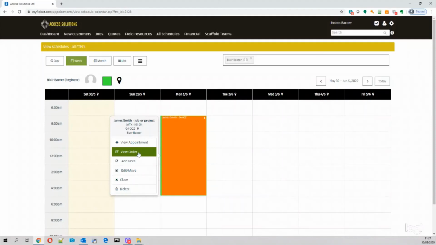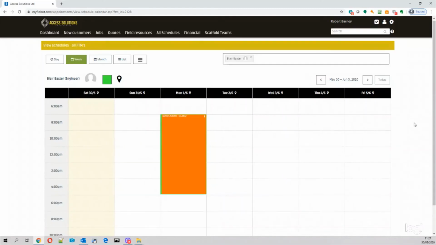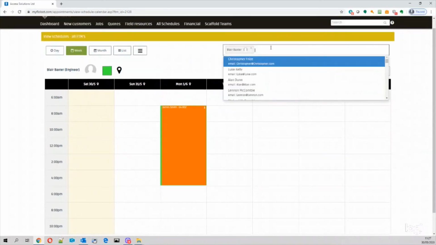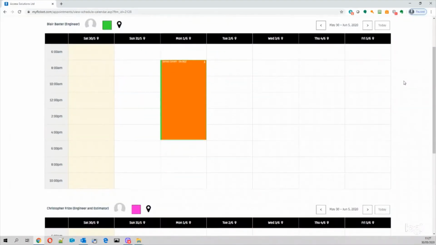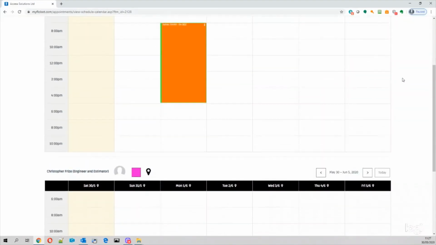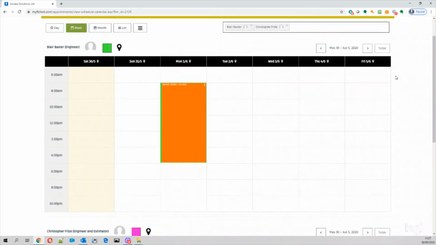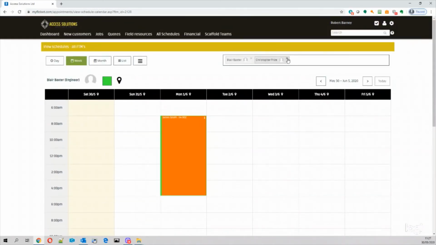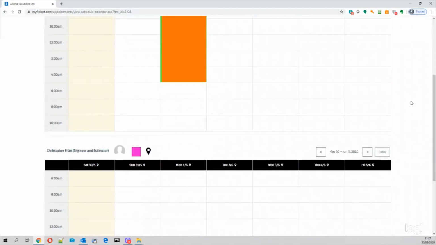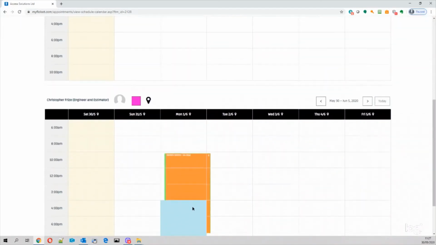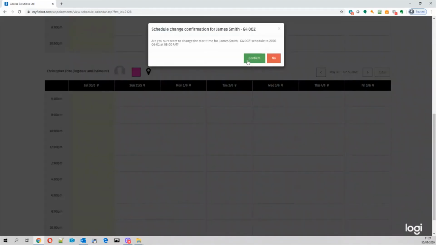I can go off to the job, I can see the appointment, I can add a note if I want, or again I can edit and move it. Now, if for instance Blair comes in on that morning, or rings up and says, I can't do it today, I'm not feeling it, I don't want to come in, I want to give this job to someone else, then to do that, I pull up the schedule of someone I want to pass it to, and I just pull it across and I release it. So I drag and drop it,